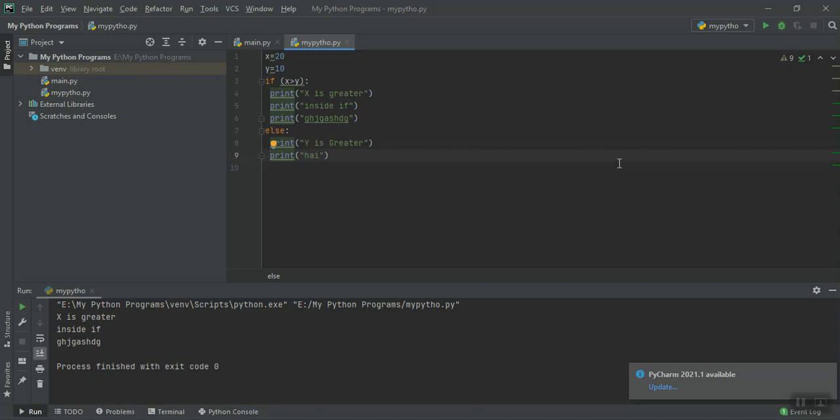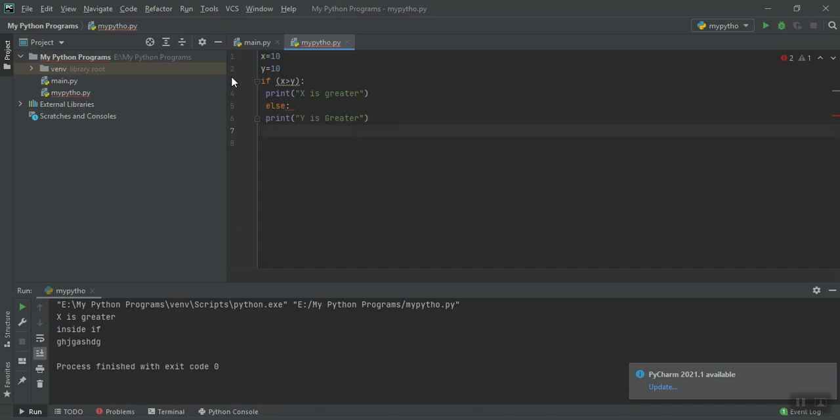Did everyone understand what I am saying? All clear with this? Because you will get an error when you are not following the indent rule. Now, are you clear with the if statement? Yes, sir. Suppose I am going with this value: x is equal to 10 and y is equal to 10.